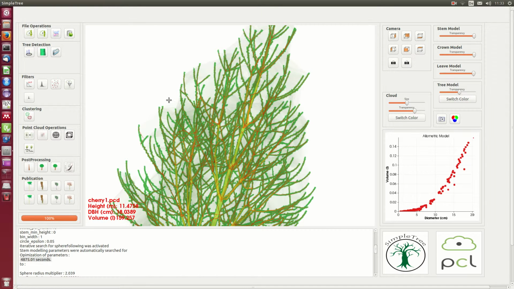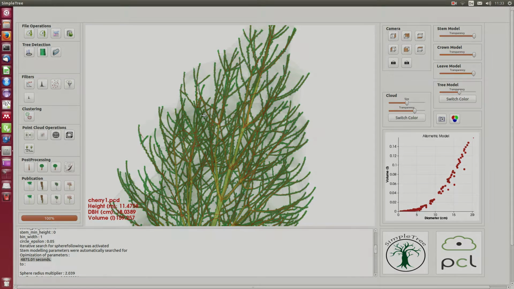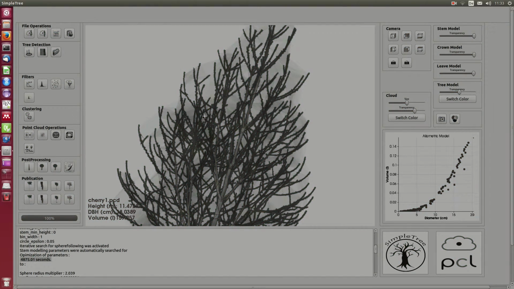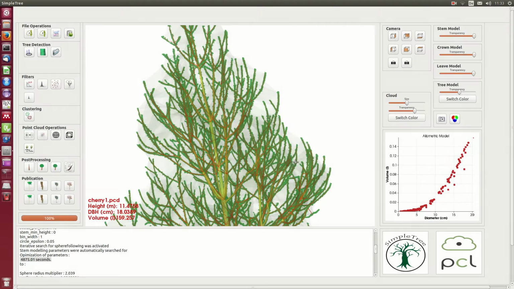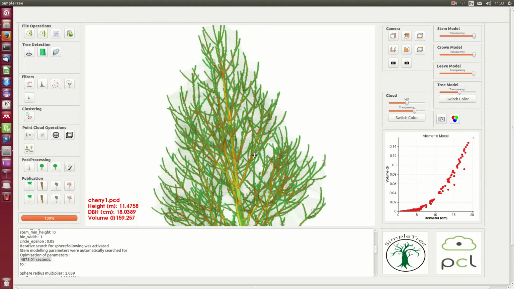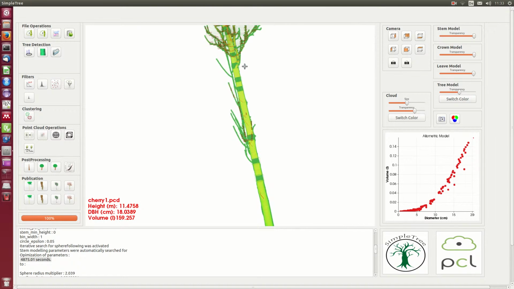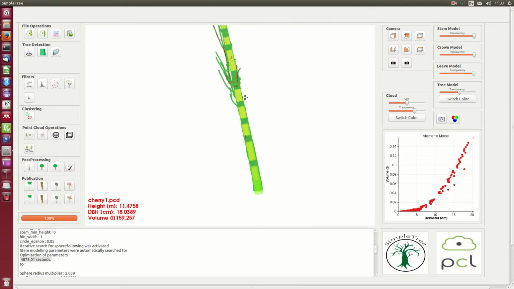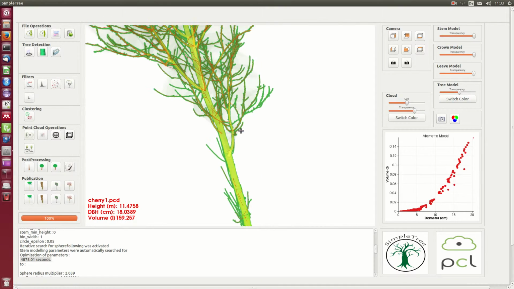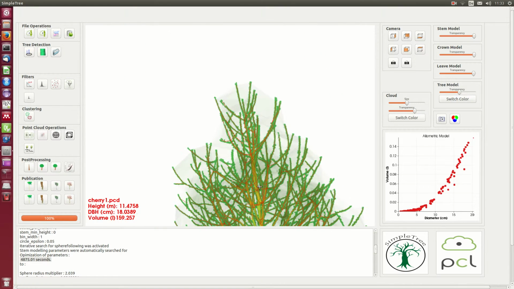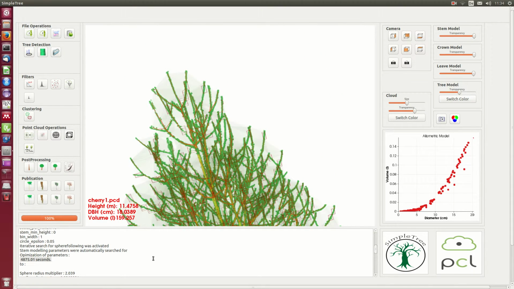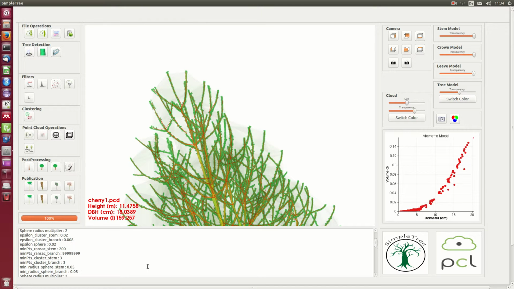This button is to write ply models which you could import in Cloud Compare. Whenever this window gets gray, it means it's computing something. So it's done. We have saved our results. We have checked a little bit. It looks decent. I mean, I know this cloud very well. It could be better. So here are